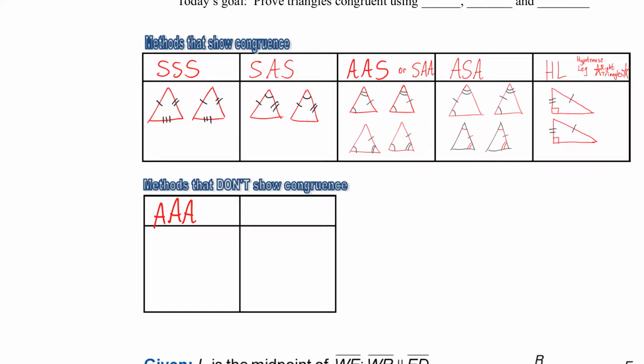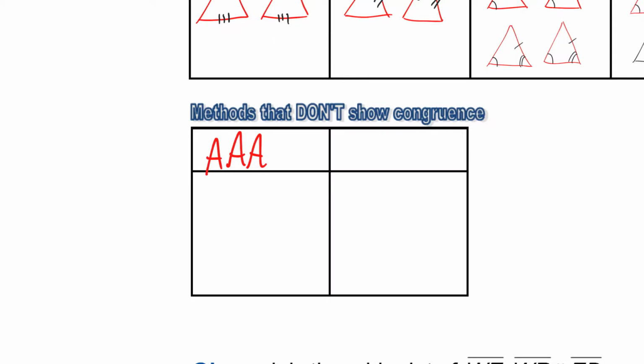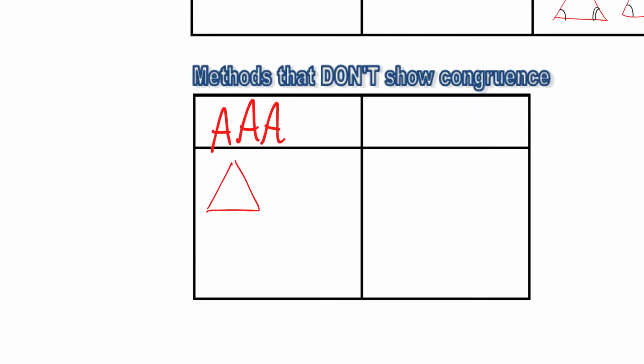And angle, angle, angle is not enough information to prove congruence, okay? It may be congruent if all the angles are congruent, but it may not. So AAA is not enough to show congruence. And I'm going to show you that in just a second, but it's like this. So if you have two triangles